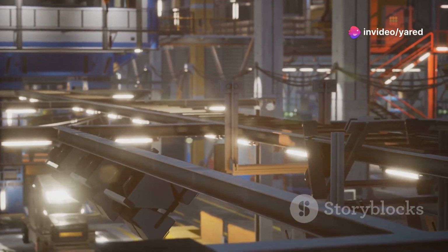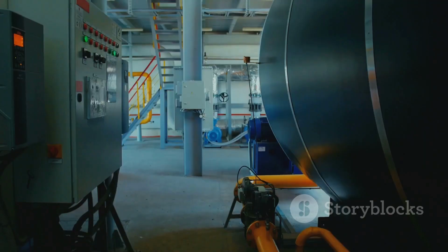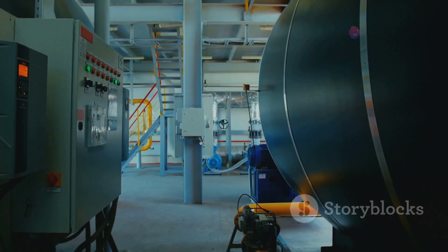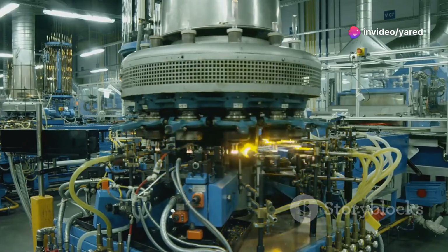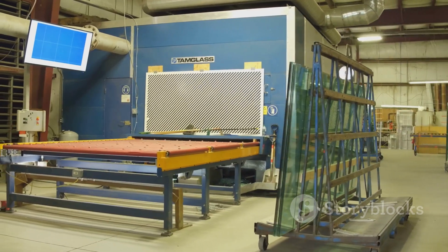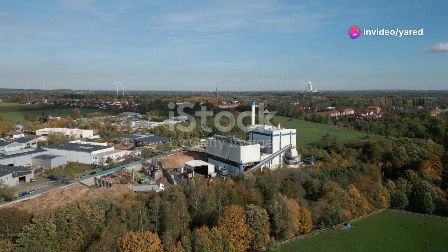From the cars we drive to the smartphones we use, countless everyday products rely on industrial process heating systems. These systems provide the precise temperatures needed for various manufacturing processes, transforming raw materials into finished goods. Industrial process heating systems come in all shapes and sizes, from massive furnaces used in steel making to smaller ovens for baking and curing. They use a variety of heat sources, including natural gas, electricity, and even renewable energy sources